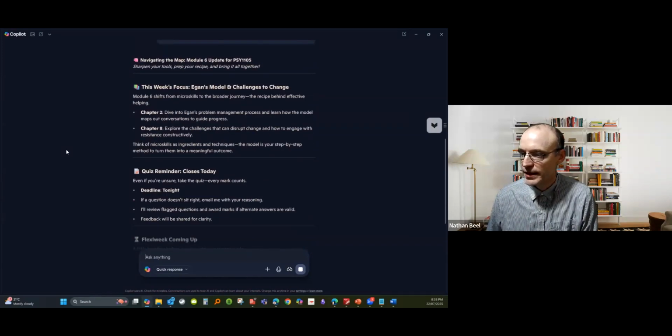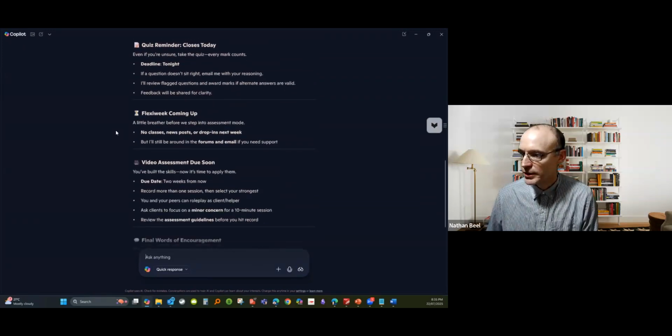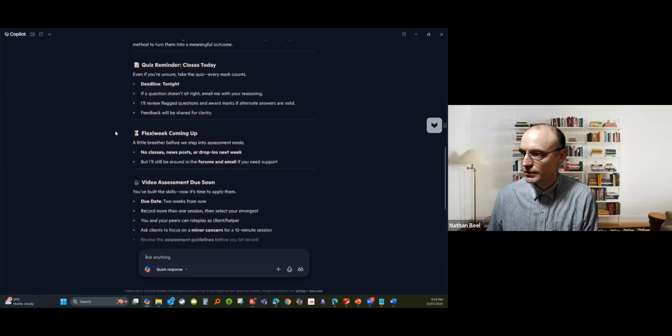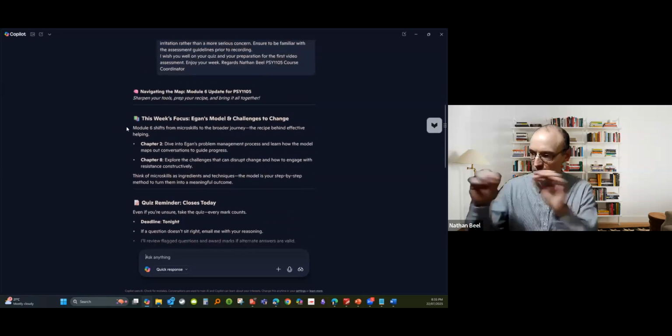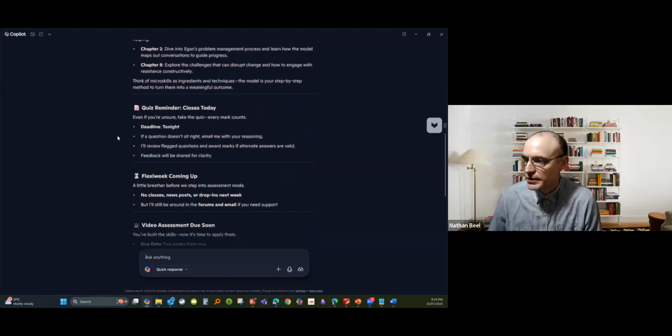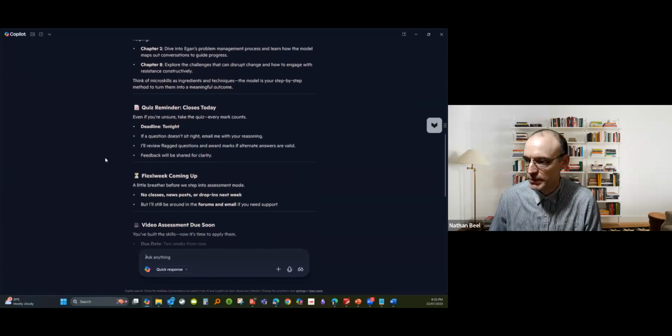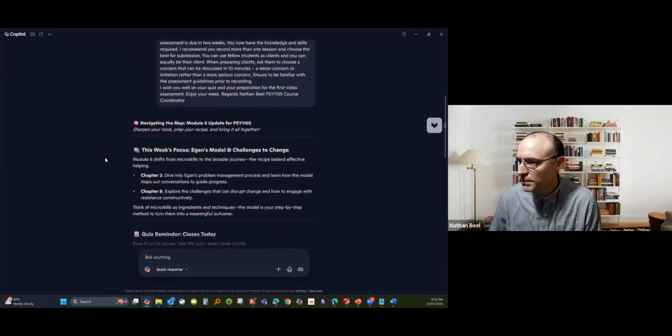Okay, now it's given us some little icons and some dot points, and quite readable. To me, it's a little bit more chunked, a little bit more clear. So definitely something which is an improvement from what I've historically posted on there. Instead of my wall of text, it's a little bit more visually appealing. I probably don't prefer it as much